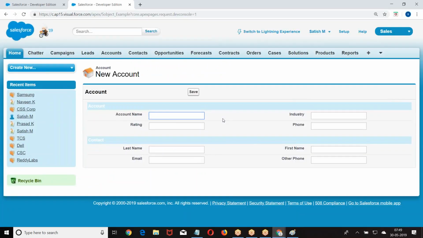Now what are you getting? The field label. Whenever we refer to a field, let it be an input field or an input text, the label name automatically comes.